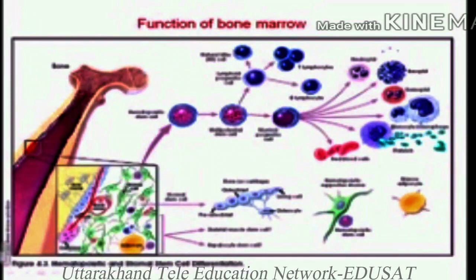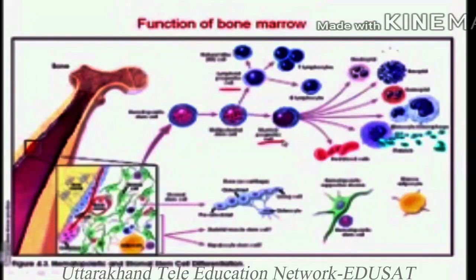Now this hematopoietic stem cell is a kind of multipotent stem cell. This multipotent stem cell can give rise to itself, and it can also give rise to a variety of cells, for example lymphoid progenitor cells and myeloid progenitor cells. In the case of the thymus, you only see lymphoid progenitor cells, but bone marrow is pretty much complex. It can give rise to both lymphoid progenitor cells as well as myeloid progenitor cells.